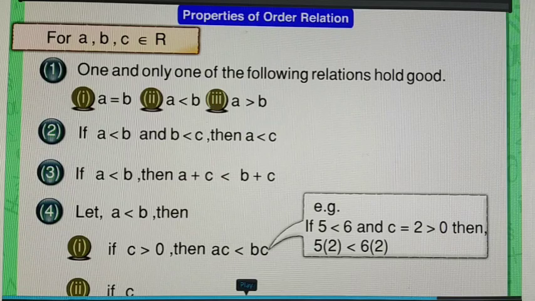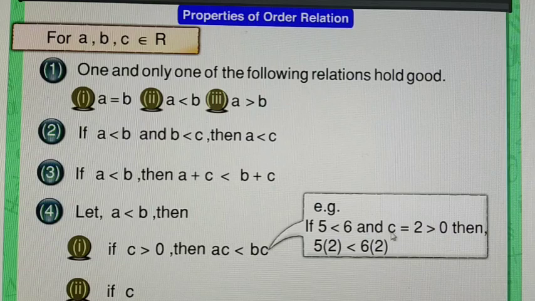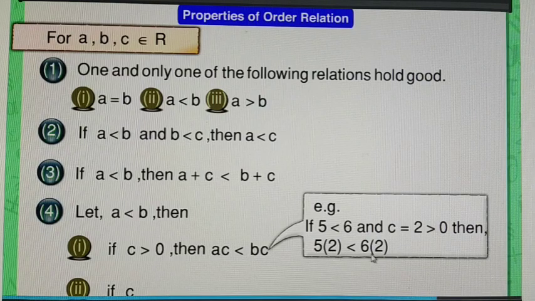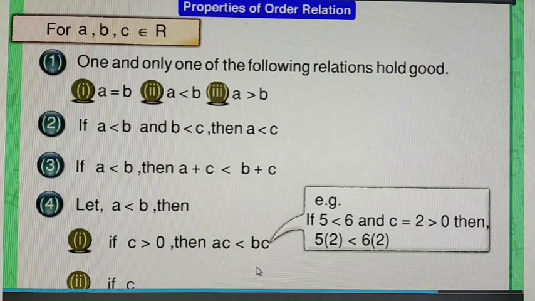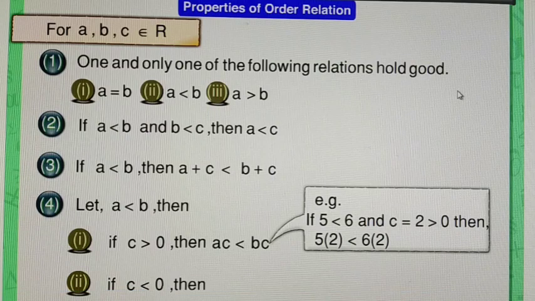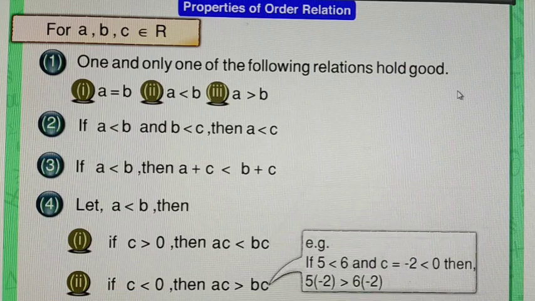BC. For example, if 5 is less than 6 and C is equal to 2, which is greater than 0, then 5 into 2 is less than 6 into 2. You can see 5 into 2 is 10 and 6 into 2 is 12. Therefore, 10 is less than 12. If C is less than 0, then AC is greater than BC. Example,